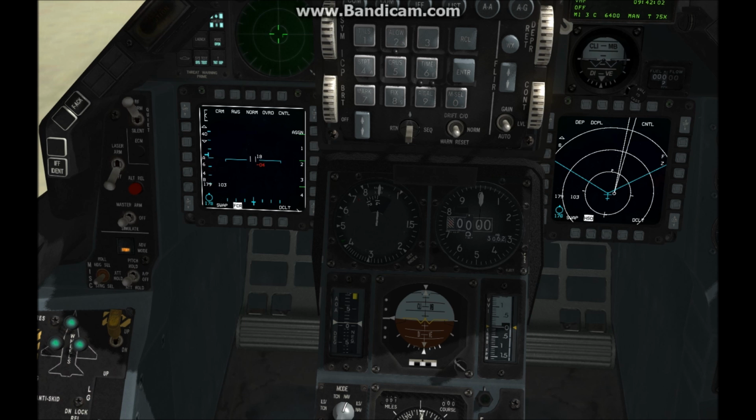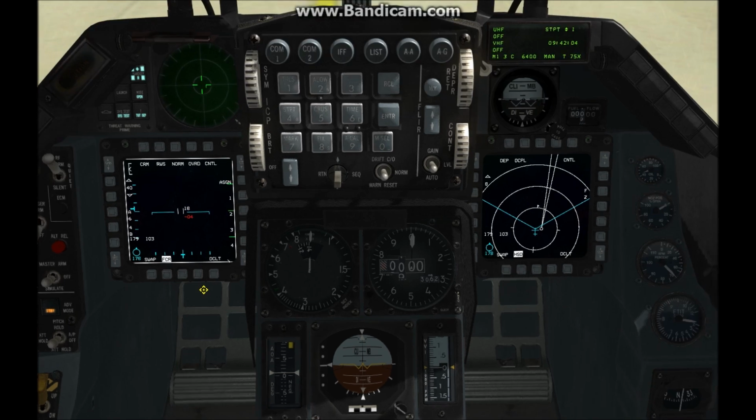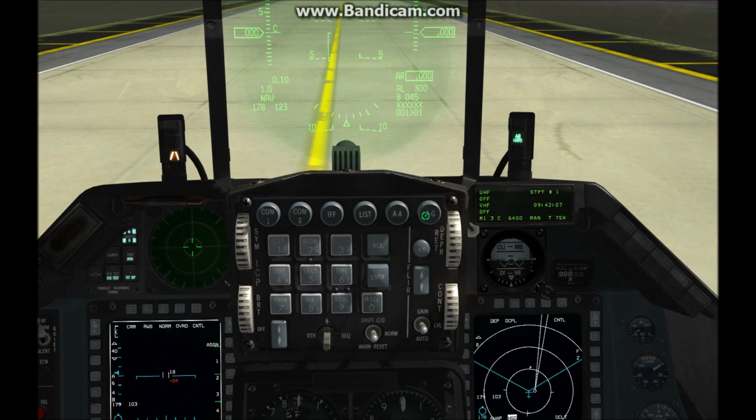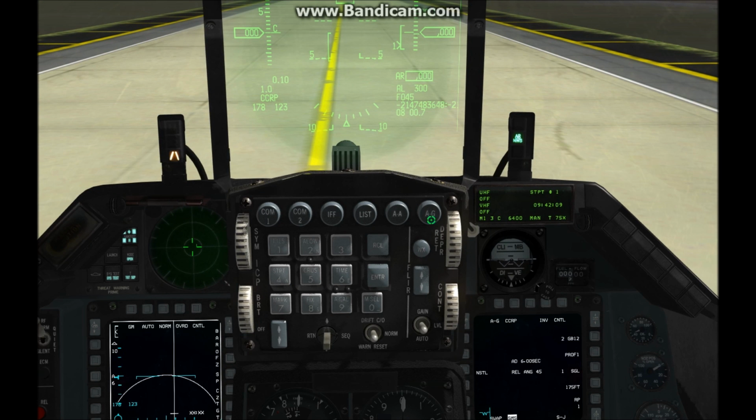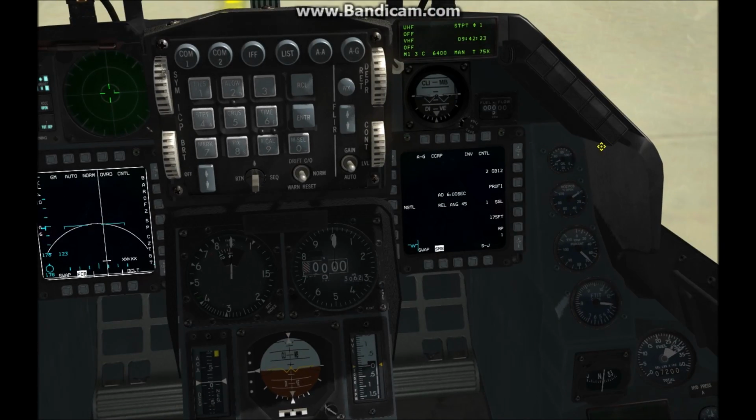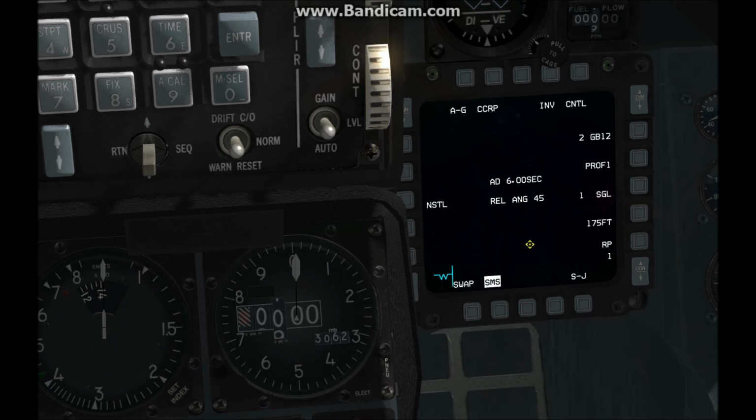Now, while we're on the ground, we can actually go ahead and select air-to-ground mode. And now our systems here, the left and right MFDs, are going to change, including some symbology in the HUD, but since we're on the ground, this is not really going to change much. What we can do while we're on the ground, you can see that we have two GB-12s. Those are guided bomb units, number 12 model,